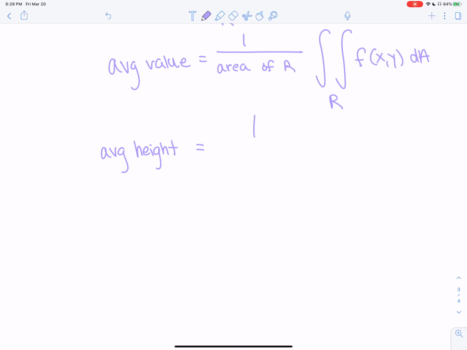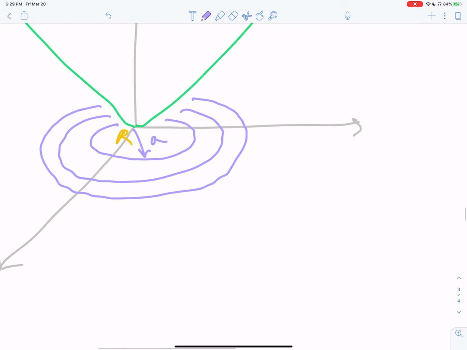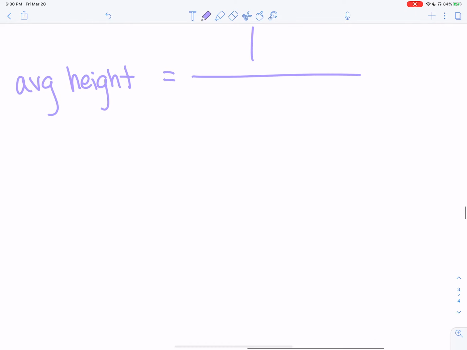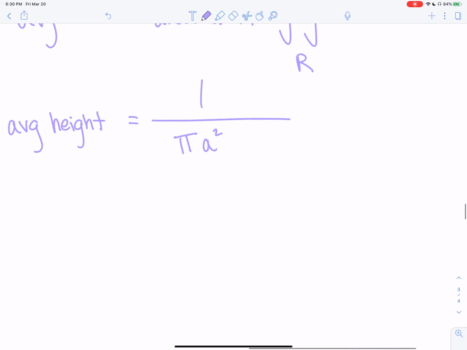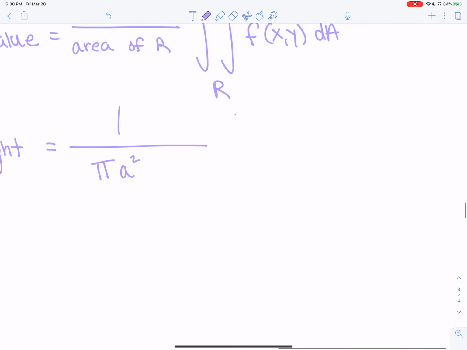That's going to be 1 over, and what is the area of R? Well, R is not constant, right? R could be any radius A, but it is going to be a circle. And so we know what the area of a circle of radius A is going to be. That's just pi R squared, which in this case is pi A squared. So there we go. So that's 1 over the area of any circle of radius A times the double integral